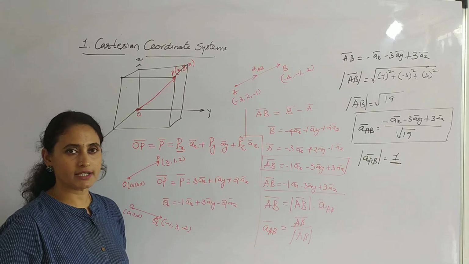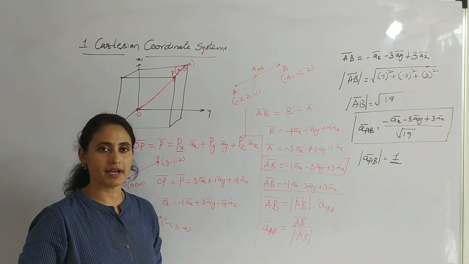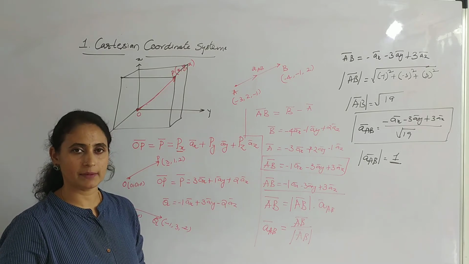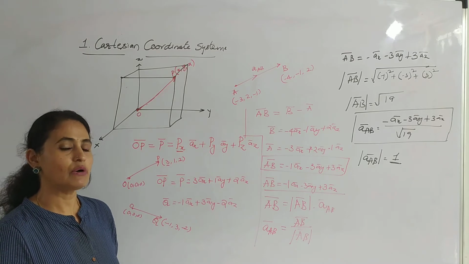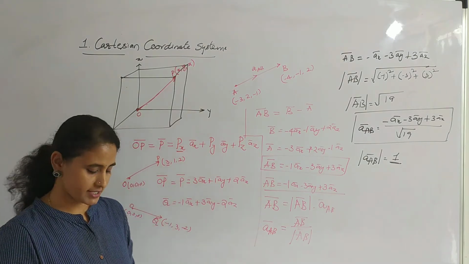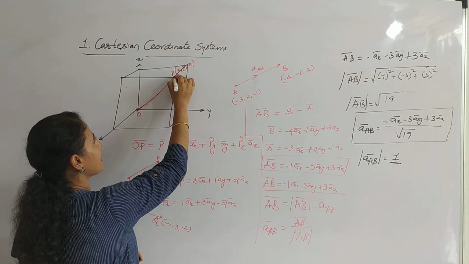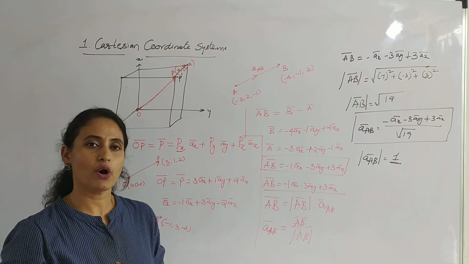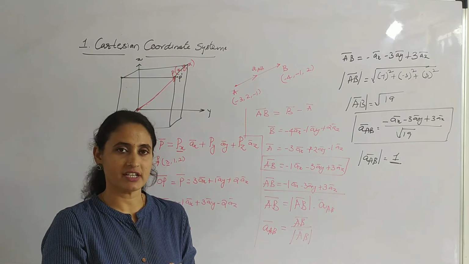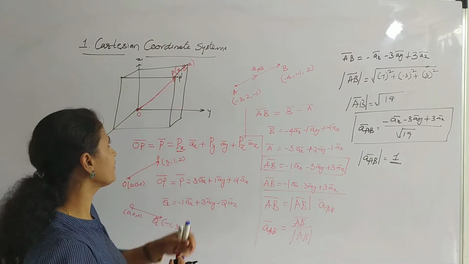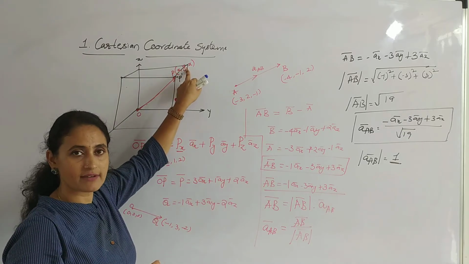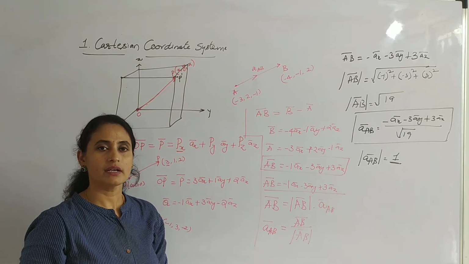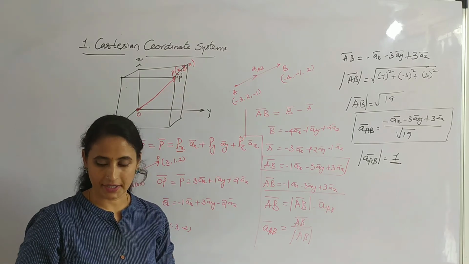In the Cartesian coordinate system there are three coordinates: x, y and z. Now we will see what the differential elements are in the Cartesian coordinate system, and how they are produced. For example, there is a point P here. It has taken a very small shift to P dash, a small differential change in its position. Then what will be the differential change in x, in y and in z? Now we will discuss the differential elements in the Cartesian coordinate system.